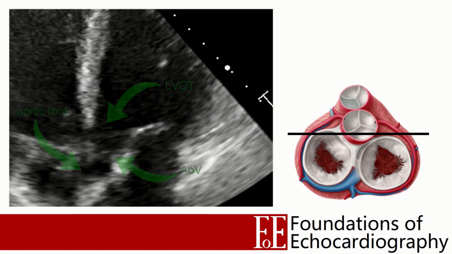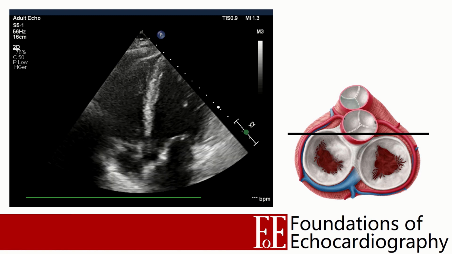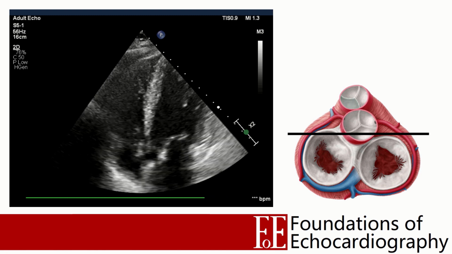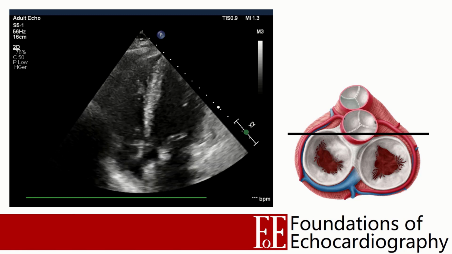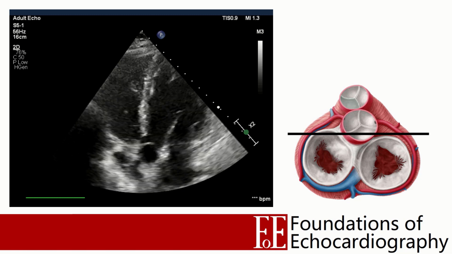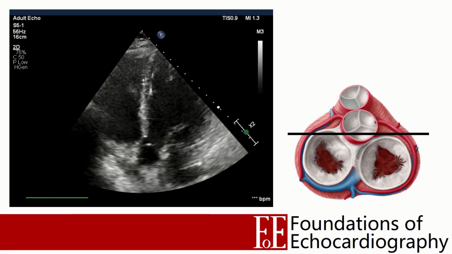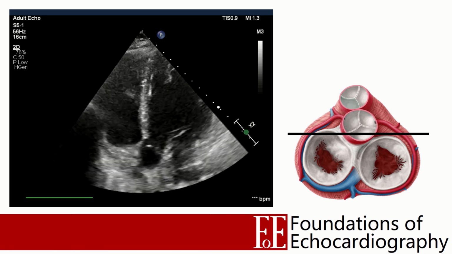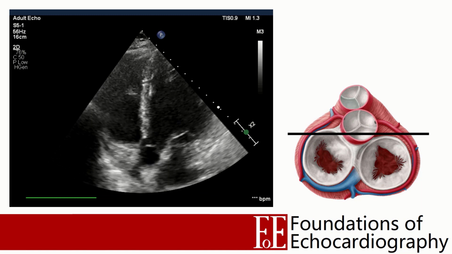In addition, our probe is now further away from the aortic valve than it was in the parasternal position. So in this patient, on the previous clips, we had the aortic valve being about 7-8 centimeters from the probe, and now it's close to 13-14. And due to attenuation, we get much less returning signal from deeper structures. One of the key tenets to imaging a structure clearly is to try and get it as close to the probe as possible. Having said all that, this is a very useful view for us for using colour Doppler,